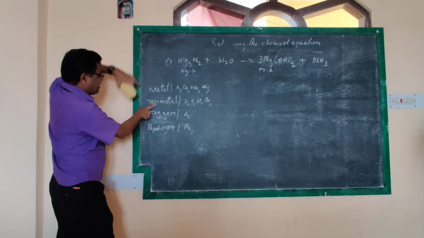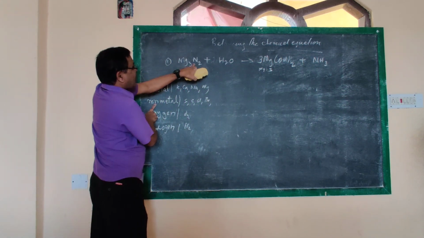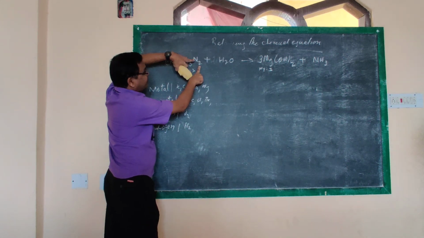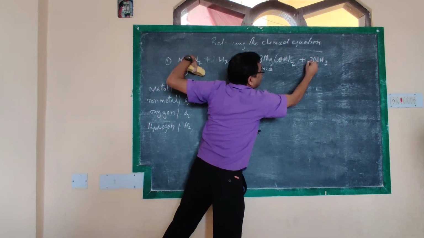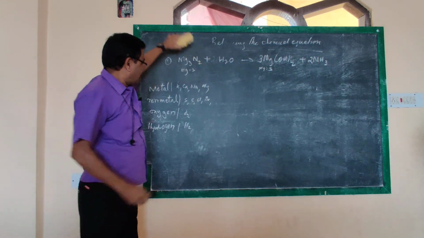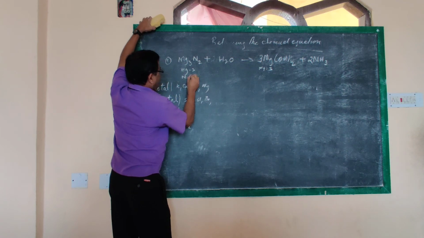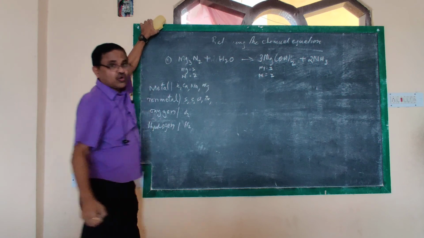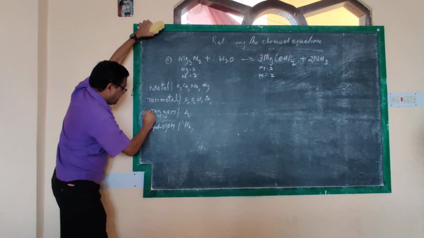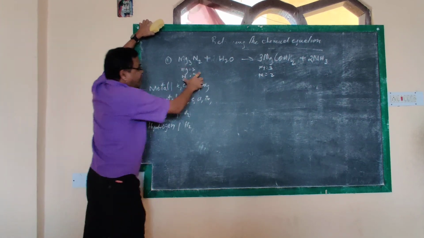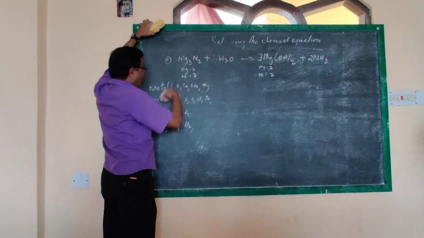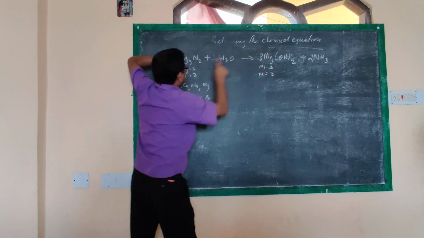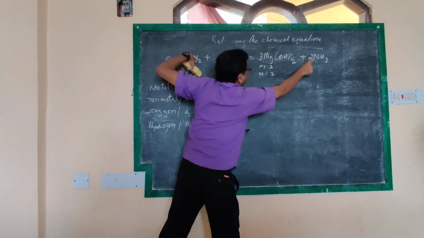Now after magnesium we will see non-metal. What is the non-metal here other than oxygen and hydrogen? Nitrogen. Nitrogen 2 atoms we have. Here we have only 1 atom. So we will make it 2. So here we have nitrogen as 2, here also we have nitrogen as 2. That is also balanced. Now the next one is oxygen. Whenever you make a change, go from the first and see whether it is balanced or not. Here magnesium 3, magnesium 3. Nitrogen 2, nitrogen 2, balanced.